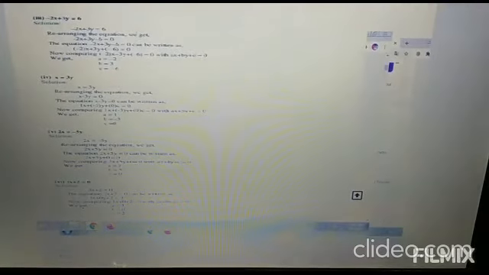Next part. Now it is written that 2x is equal to minus 5y. So now we have to convert it into plus, because it's minus already. So we will write it as 2x plus 5y is equal to 0. Now again, there is no value of the third term like c, so we will put 0. So the equation would be 2x plus 5y plus 0. Okay guys, now the value of c is 0, value of a is 2, value of b is 5.